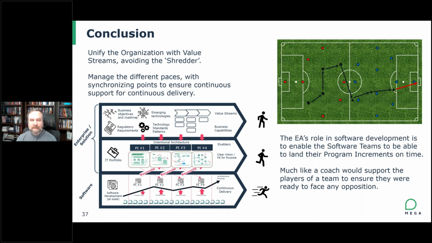A particular analogy is the sports team: the players are important, as are the coaches. They need to work together. And that way they can fulfill success in achieving the goals that will not only result in an individual project success, but also in the organization's continued success. Just to inject a quick story here, I've seen it happen on more than one occasion where we go to an organization and their architecture team has just observed that a particular technological project, maybe it's a program increment, has thrown a party.